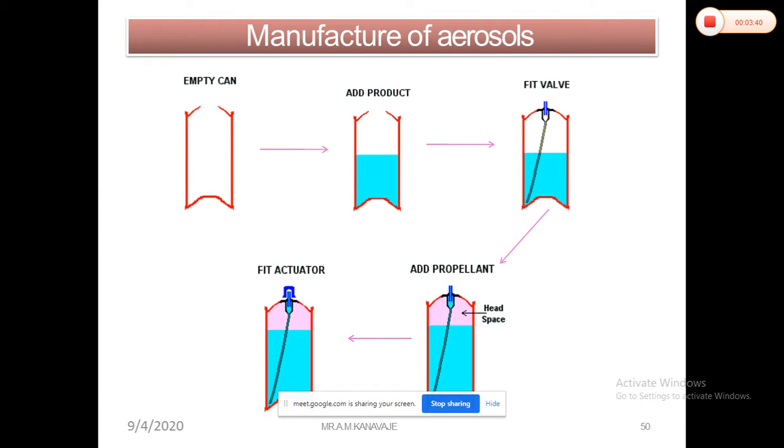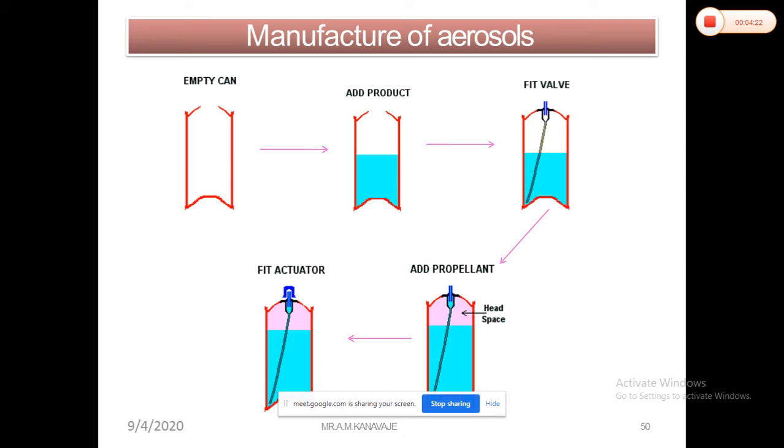I will just repeat what we have discussed. As already discussed, the manufacturing of aerosol takes place in two stages. First, you have to manufacture the concentrate, and second is the addition of the propellant. These particular slides give a brief idea regarding how the aerosol formulations are prepared. Three methods have been developed for the filling of the aerosol product that we will discuss later on. But just see this slide through which we can get the basic idea how the aerosols are manufactured.